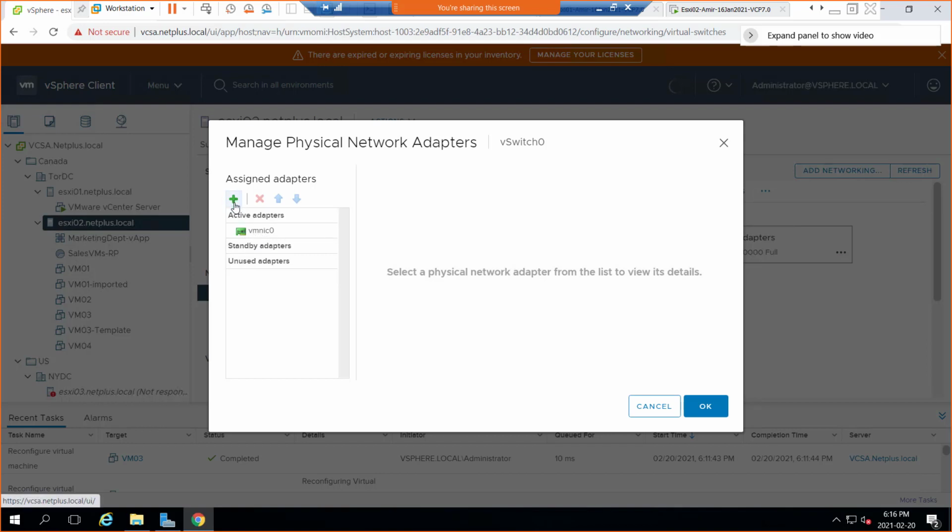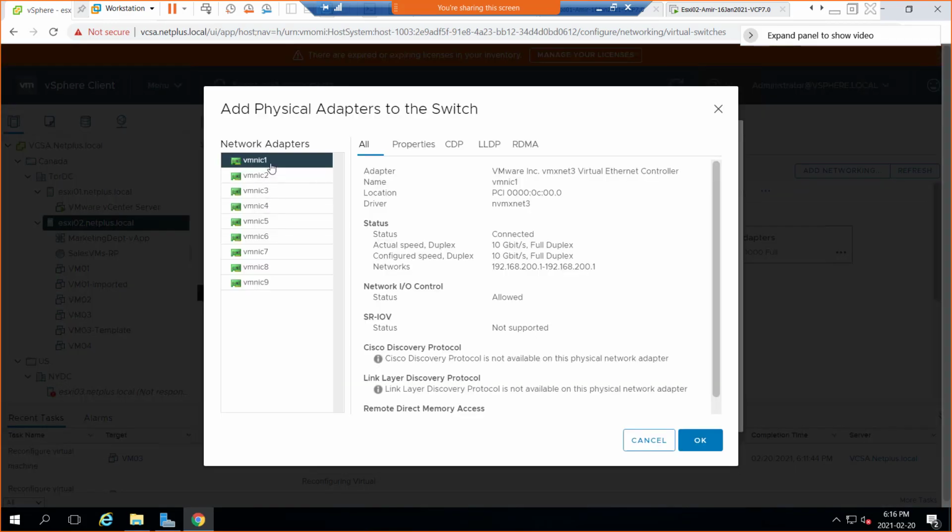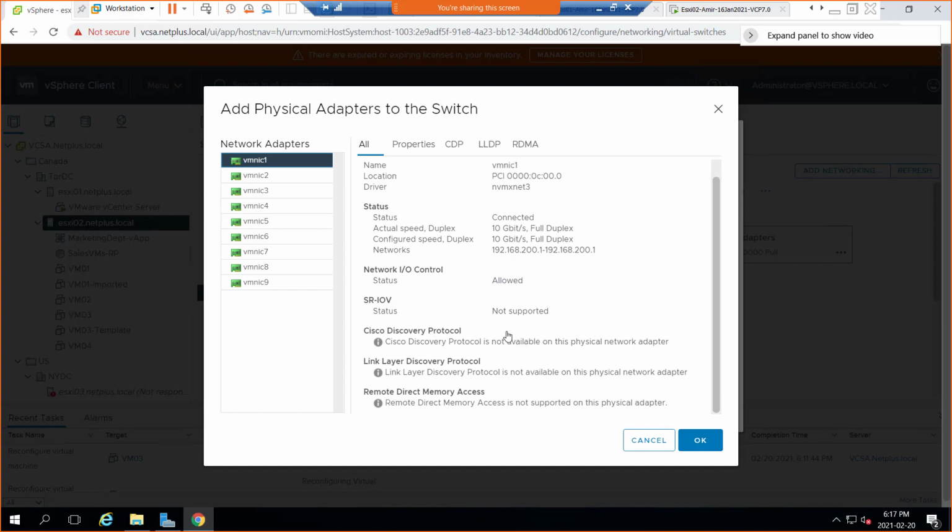I'm going to click plus sign here to add one more to give that vSwitch0 some more support. That you have a lot of virtual machines there, so why should their traffic all be a burden on one network card? I'm going to click plus sign here, and these are all the other network adapters that we added. So vmnic1, it is selected, but you can see on the right side, these are all the properties: adapter, type, location, driver, then there is status, connected, actual speed and duplex, 10 gigabits per second, full duplex, configured speed and duplex, so that is also full duplex, and networks, it's connected to 200.1, IO controlled status allowed, IOV,